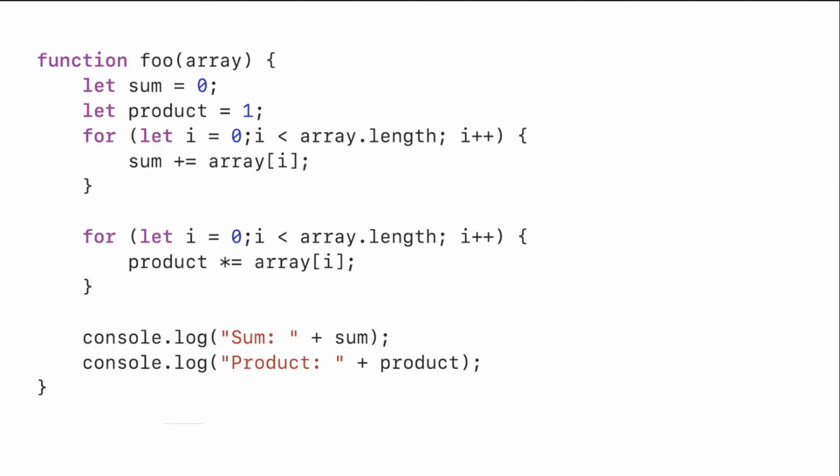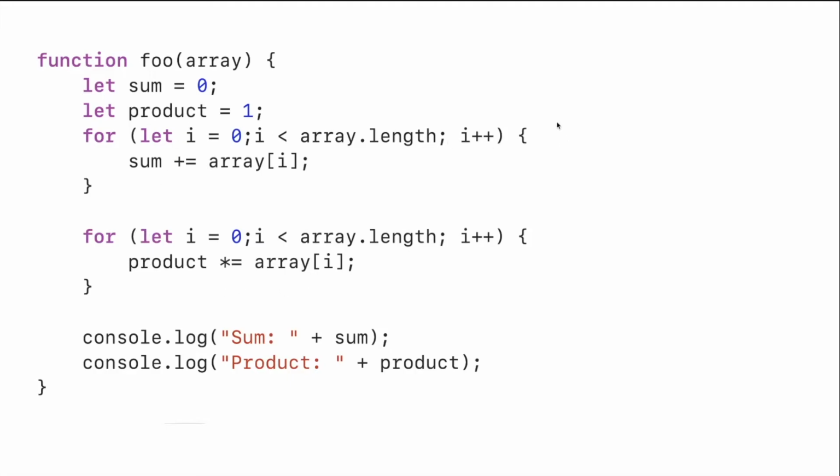Okay, let's take a look at some examples now. I have a function and we need to calculate the time complexity for this function. We can see that the function takes in an array of, let's say, size n, and it is an integer array, and what this function does is calculate the sum of all the items in the array, as well as the product of all the items in the array.